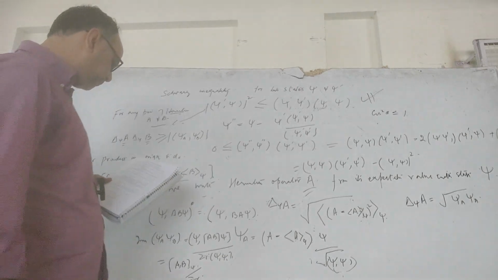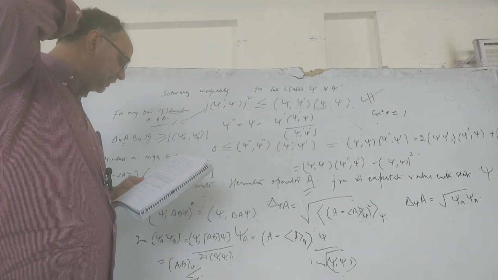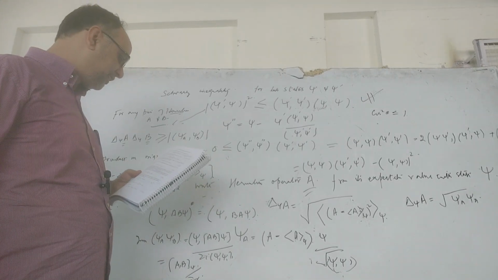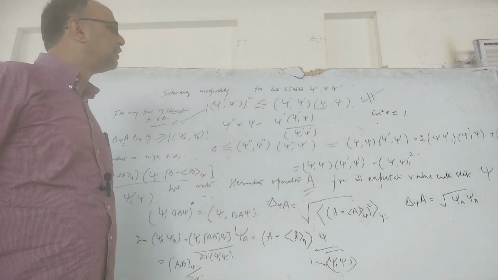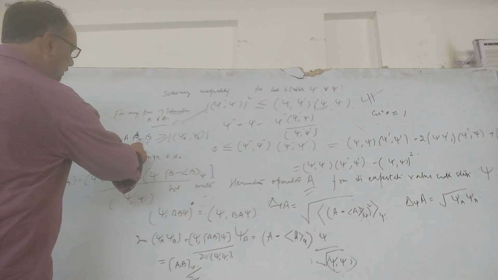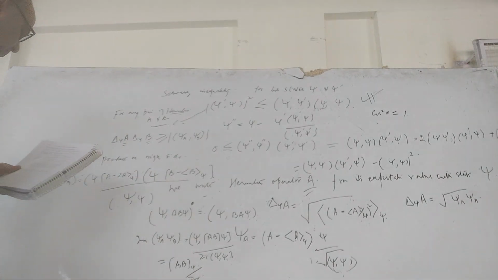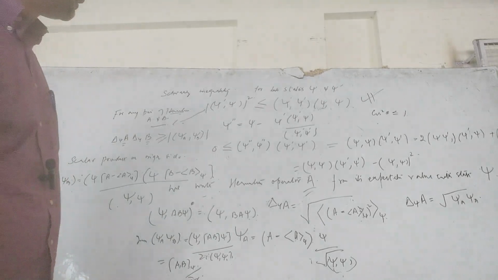Now here's the point. The absolute value of any complex number is greater than or equal to the absolute value of its imaginary part. So the last one you can write it as